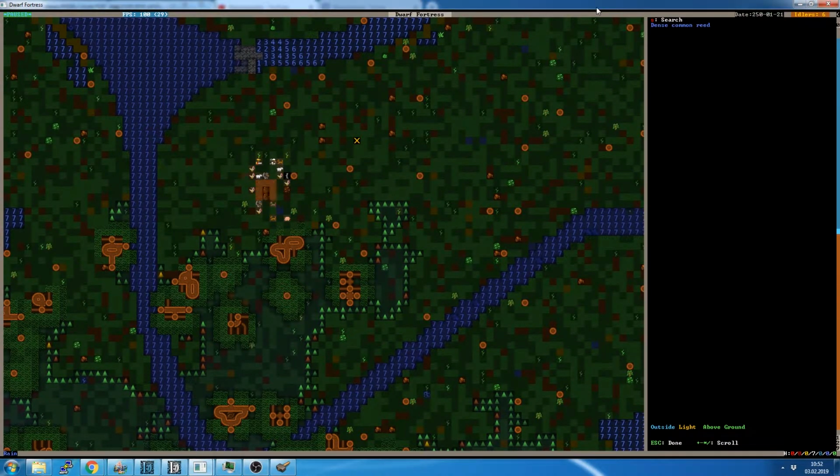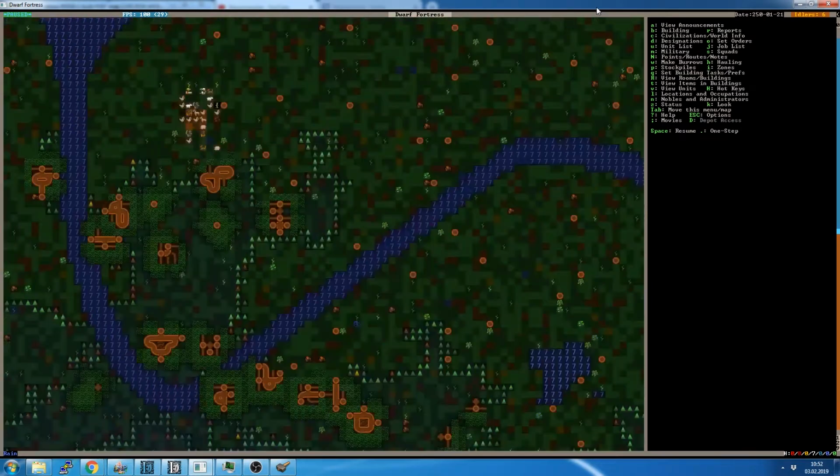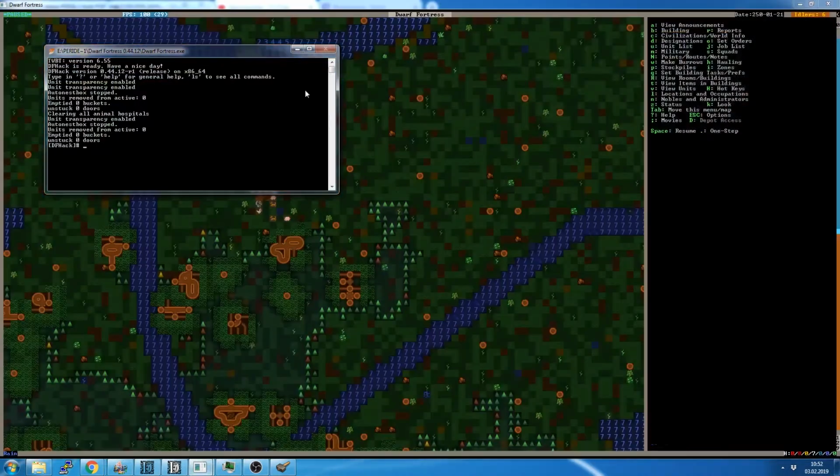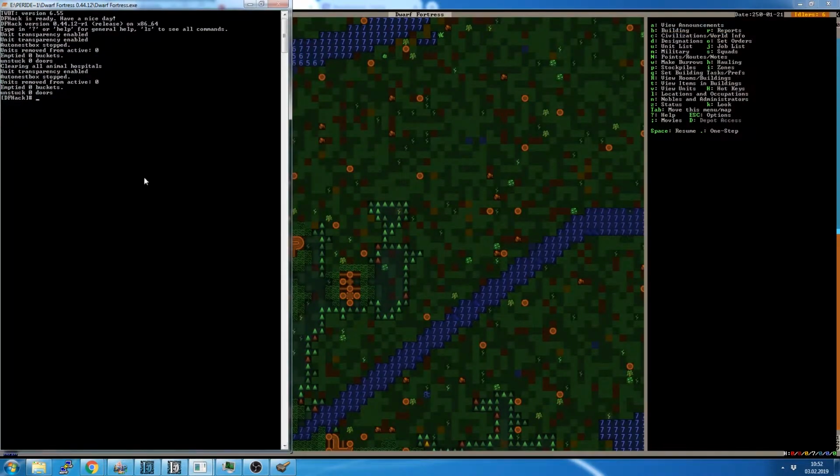We have set up Dwarf Therapist, I have set my custom professions the way I like them, and we are here in the map mode. Now, as I said, we're gonna start digging. There's another thing I want to show you first before we start digging. It won't take long, so we will start digging in this episode, but I'm gonna show you this, which is